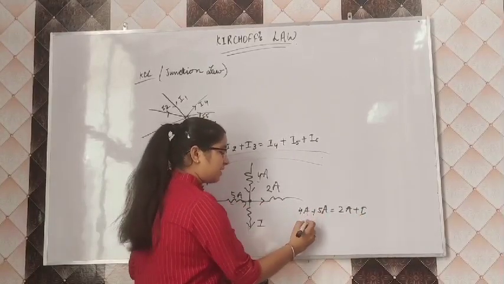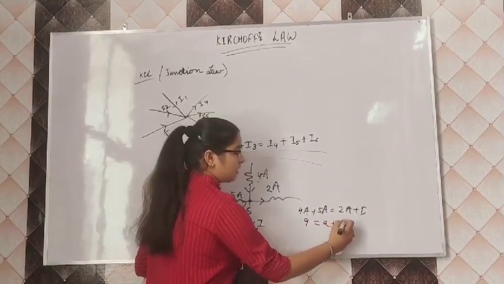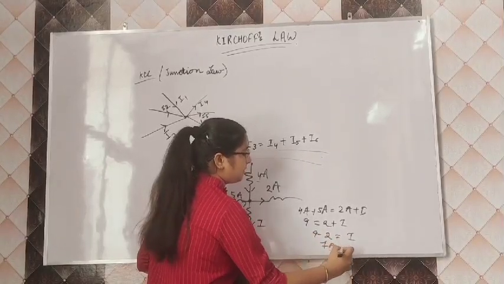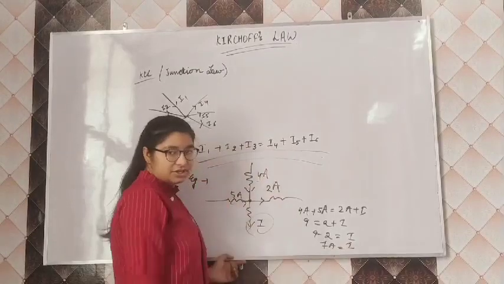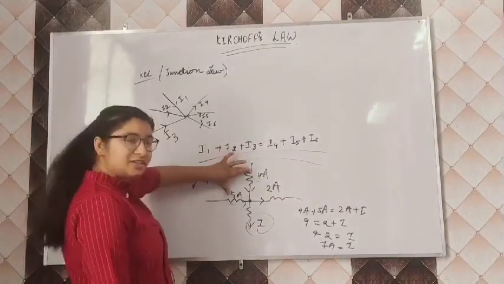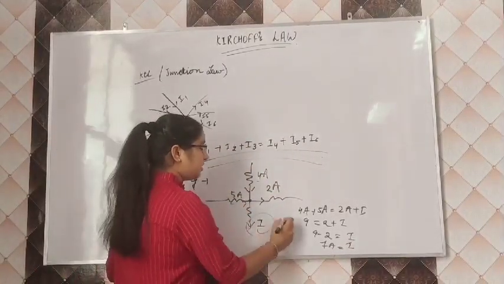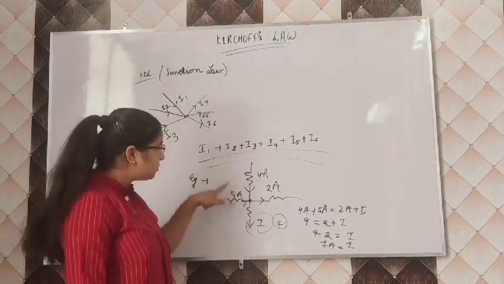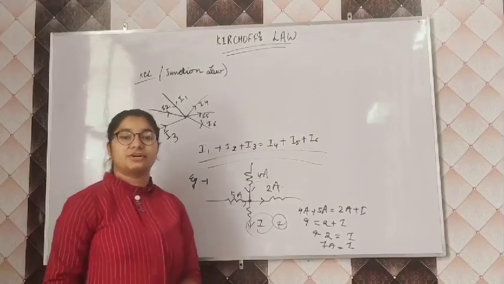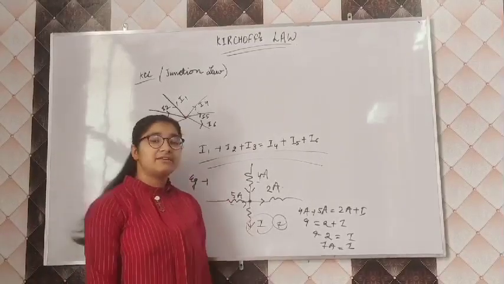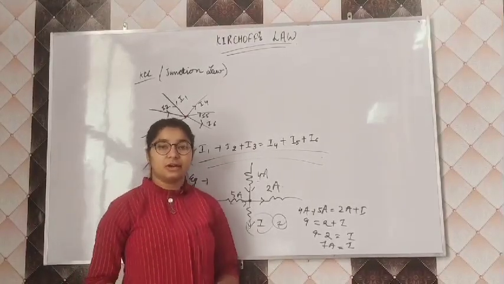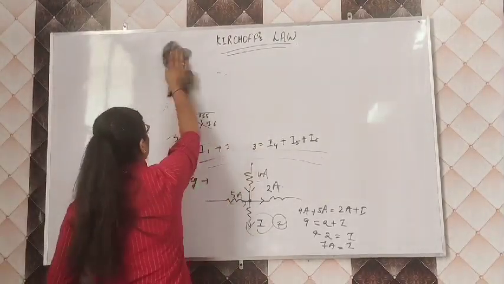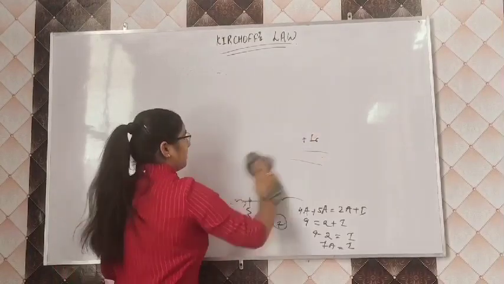See, 4 plus 5 is equal to 9 and here 2. Now we come to know that here 7 ampere is leaving the junction. So you can basically see 5 plus 4 is 9 and here 7 plus 2 is 9. The sum of the current entering the junction is equal to the sum of the current leaving the junction. I hope you are clarified with the Kirchhoff's current law. So now let's begin the Kirchhoff's second law, that is KVL.